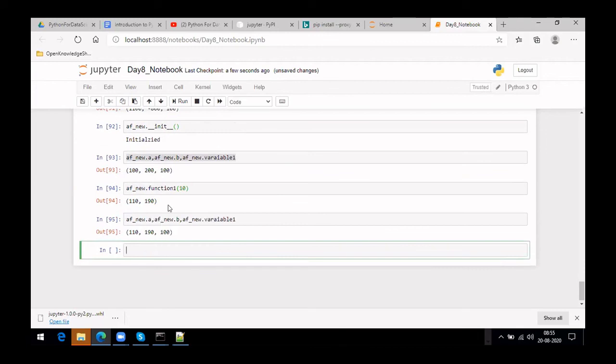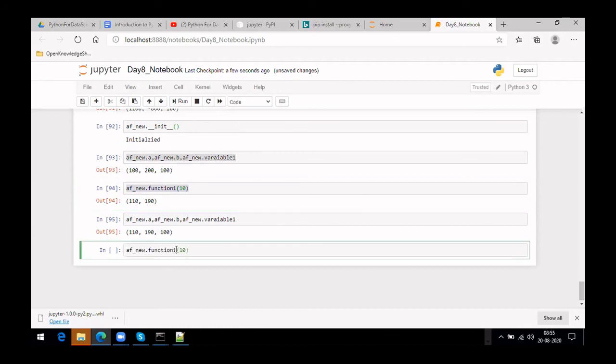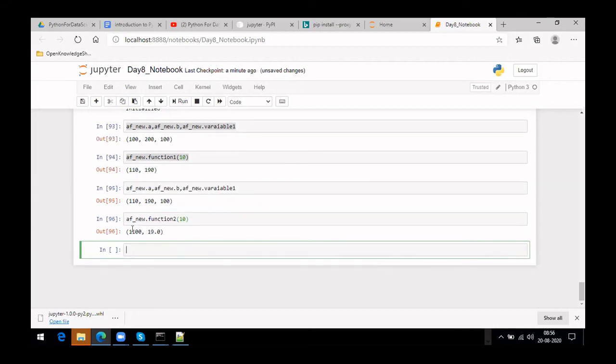Now let's use function 2 here. If you press enter, it should be returning A and B rather than self.A or self.B. So it has returned something like multiply and then divide. Okay. So this looks proper.